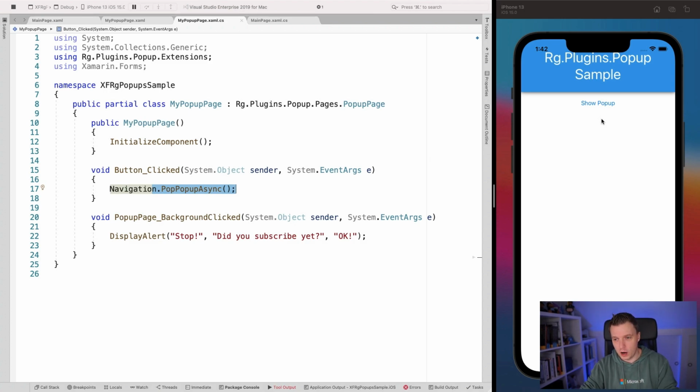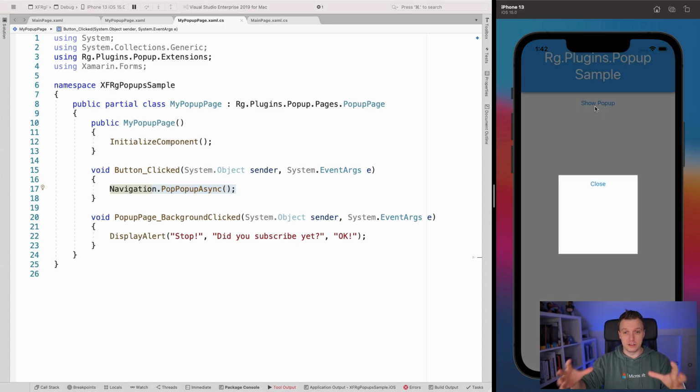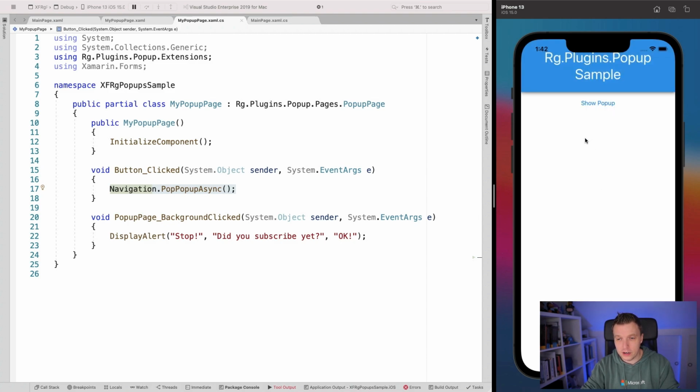Now let's do show pop-up. It's much bigger by now, you can see that. So we have a bigger pop-up. We can just do that by setting the size, and it will follow all the visual constraints that are also in a Xamarin.Forms element. We can do the close, and it closes right here. You can see, maybe it doesn't translate well on this recording, but it animates nicely as